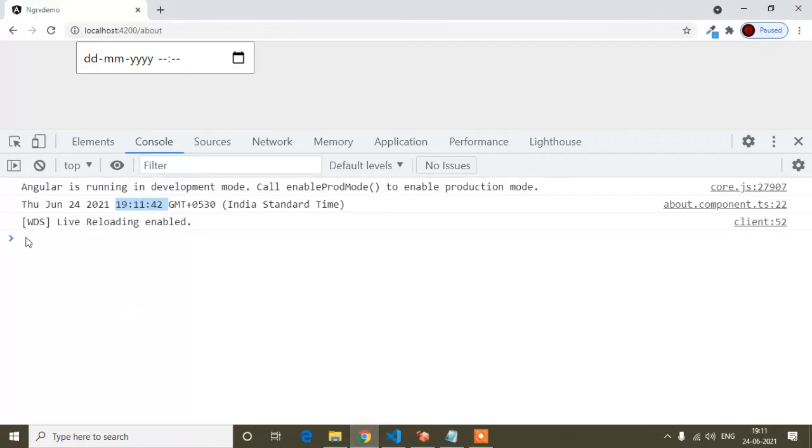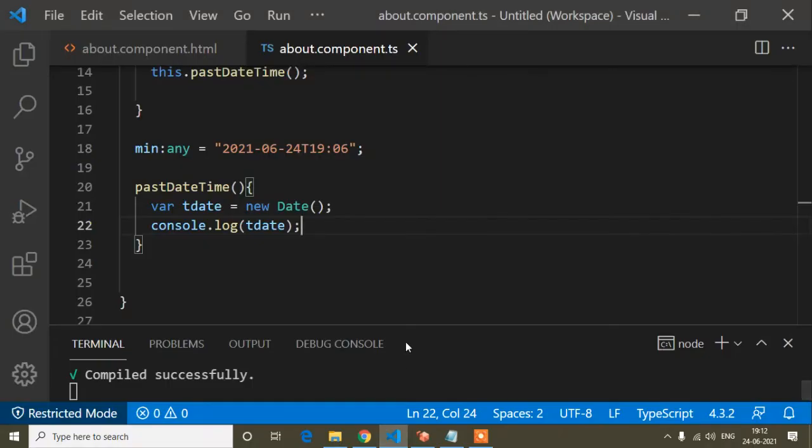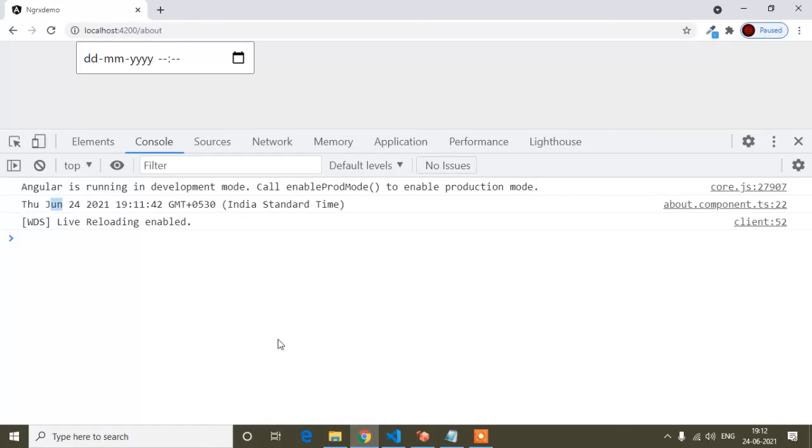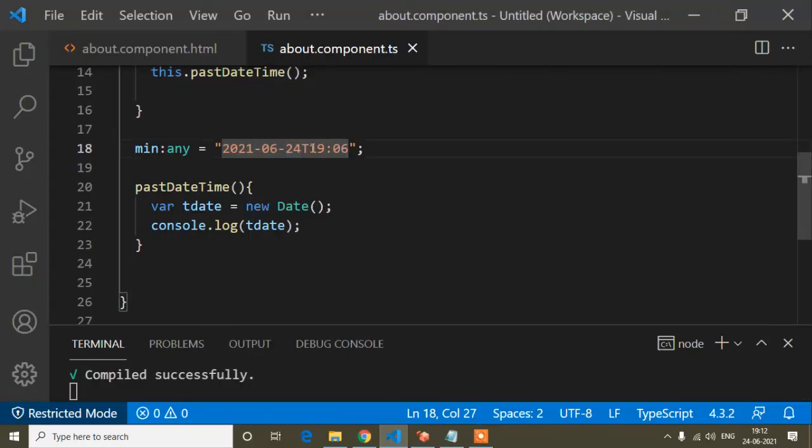Again I will show that from here I will just extract our year, date and month, because here I need year, month and date. I have to extract this from here, and also the time, hours and minutes, I have to extract from here, because here I need hours and minutes.